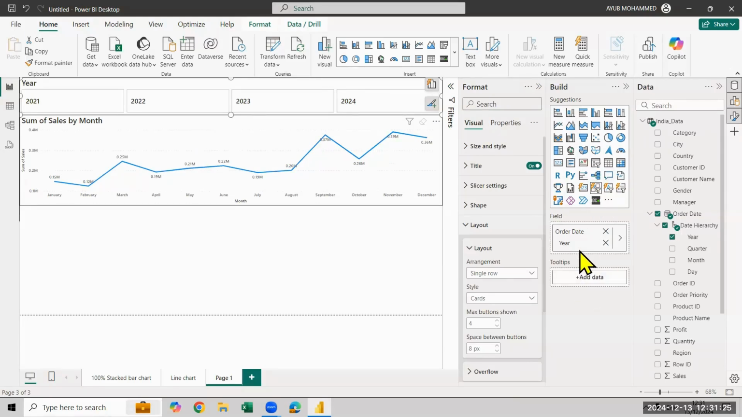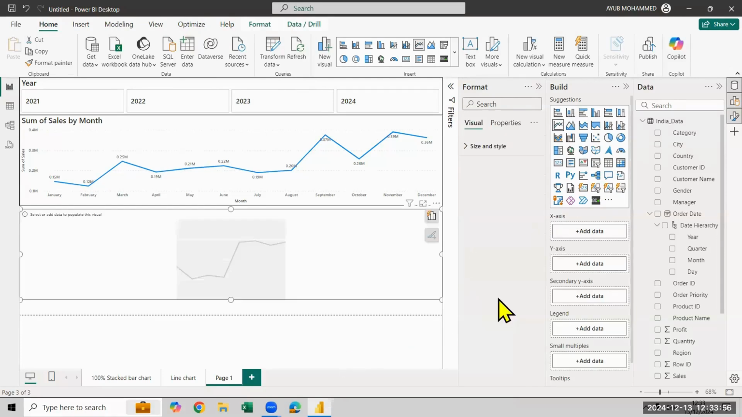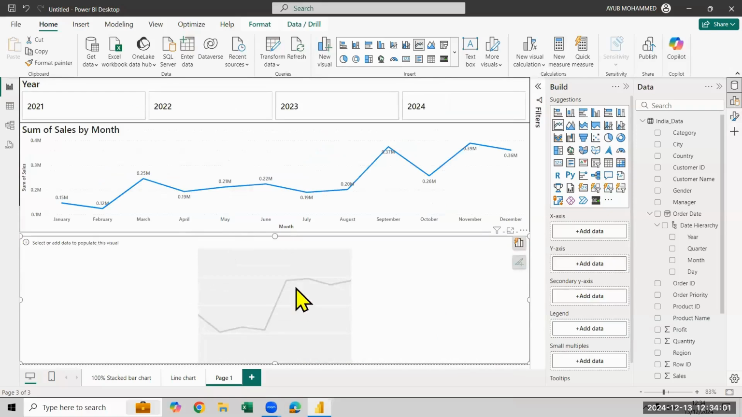So what I have done is selected the tile slicer, added year in it, and then gone to the layout, set single row and maximum cards shown as 4. Can you guys cross check? Now again, I'm selecting a line chart. Now your manager has requested, let's understand one more scenario here. Your manager has requested you guys to get,